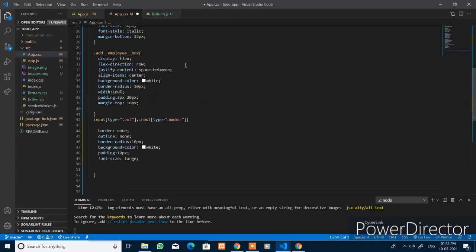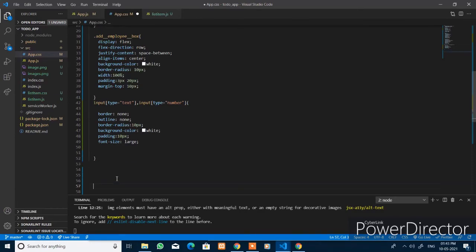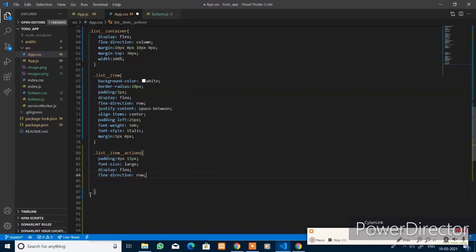Now you add the styles for the add employee box, and also set the properties for input elements with type text and number. Now you add these styles: list container, list item and list item actions.